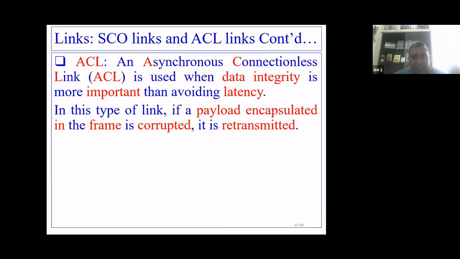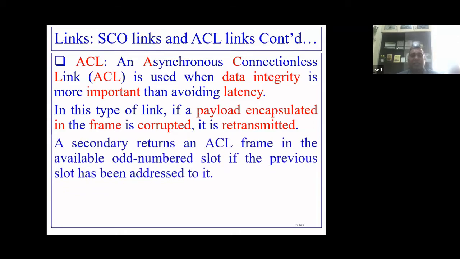In this type of link, payload is encapsulated in the frame. If it is corrupted, then it has to be retransmitted in this mechanism. So a secondary returns an ACL frame in the available odd number of slots.